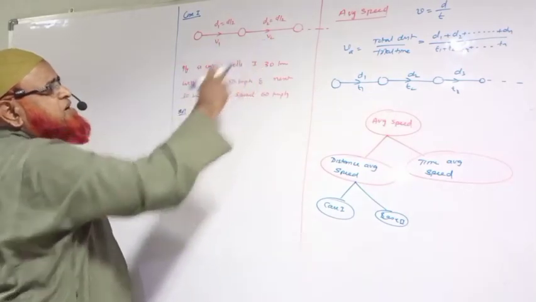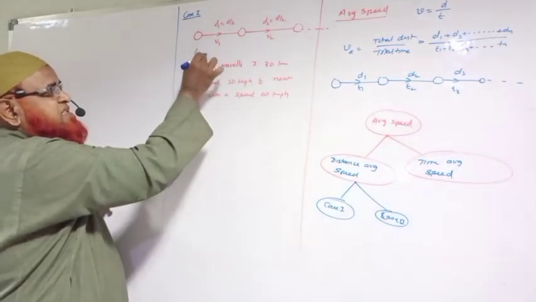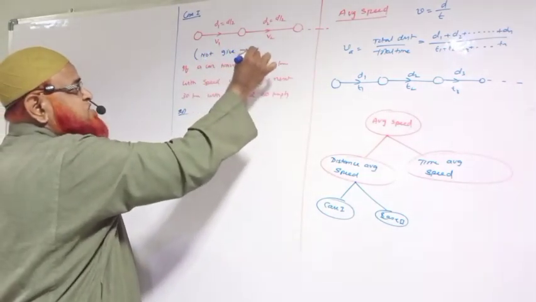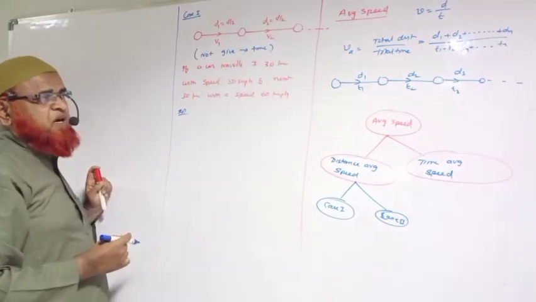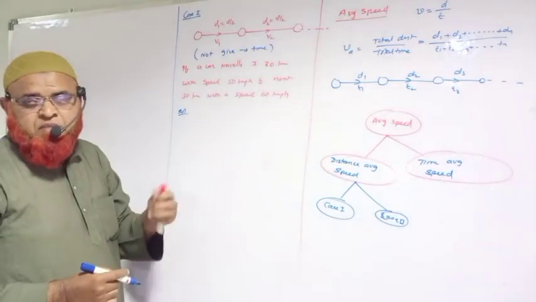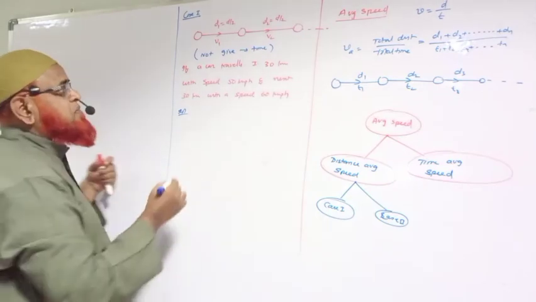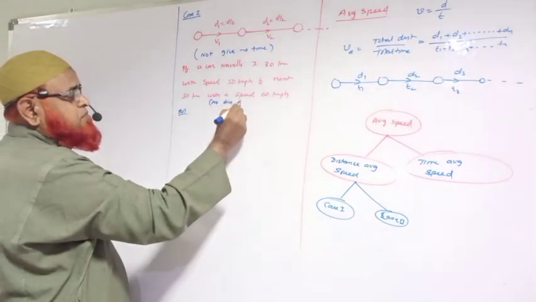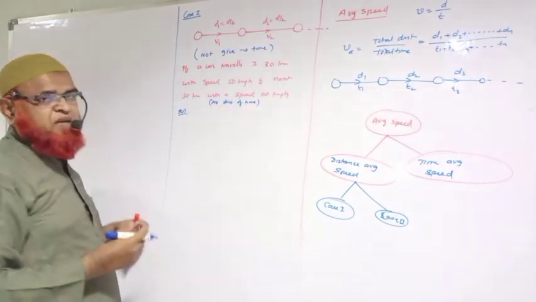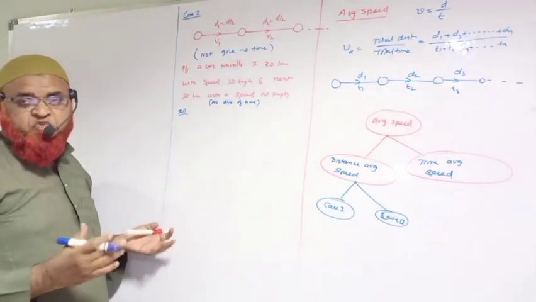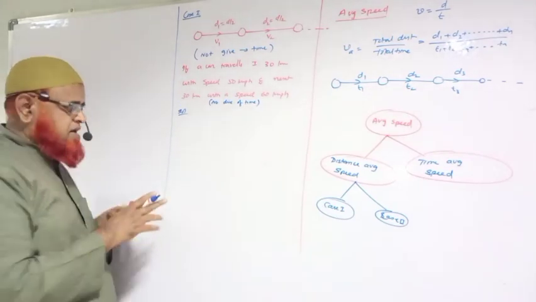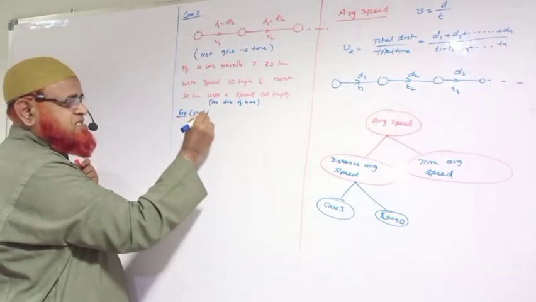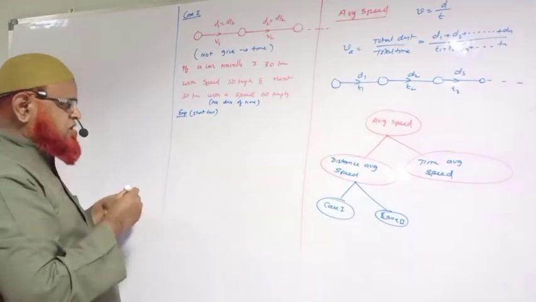Here speeds are given. If you observe, what is not given? Time is not given here, is it? Our formula has time in it, but this is a question where there is no discussion of time. So when there is no discussion of time, there is one shortcut, and we have to prepare that shortcut. Understand? This is not a solution, this is an explanation for a shortcut. What is the shortcut? I will discuss it here.